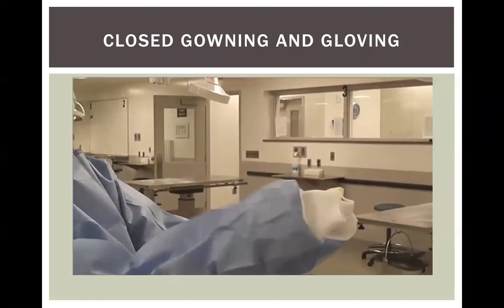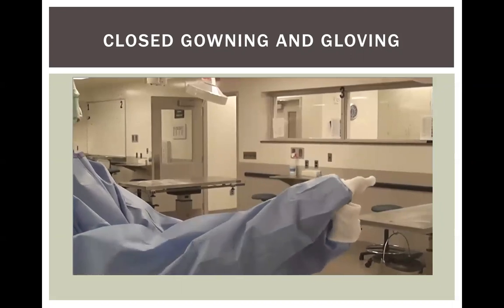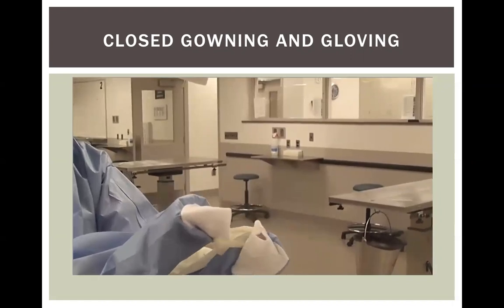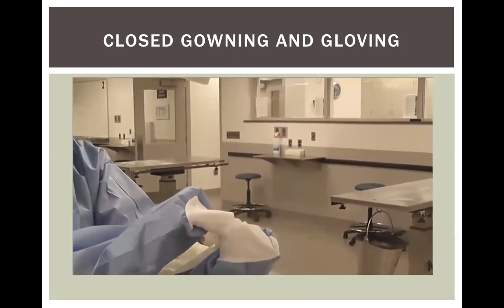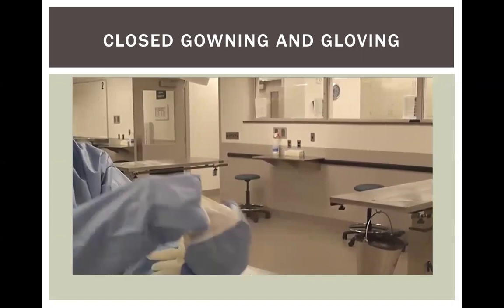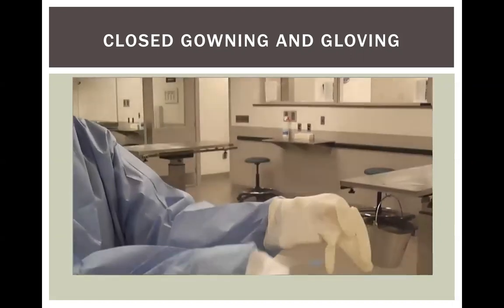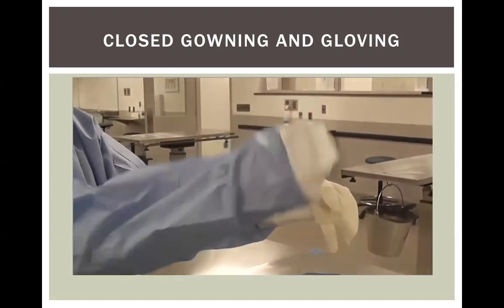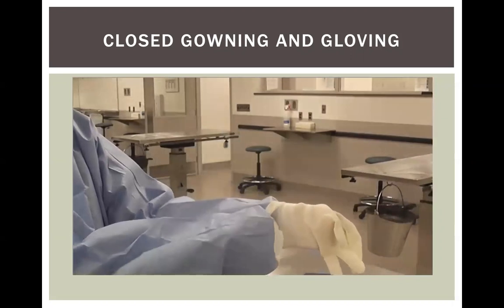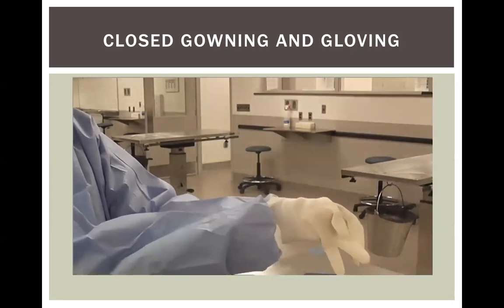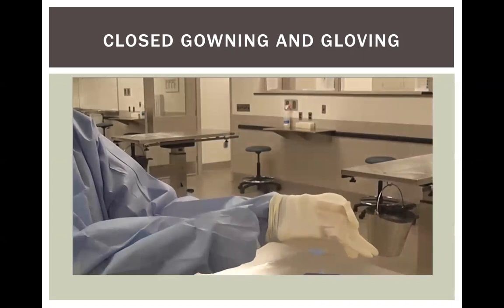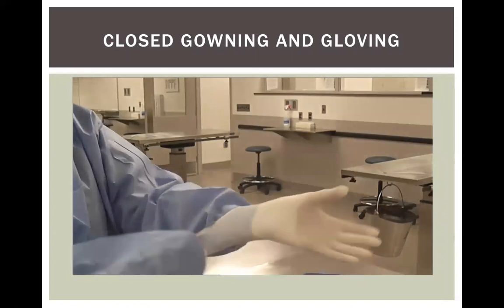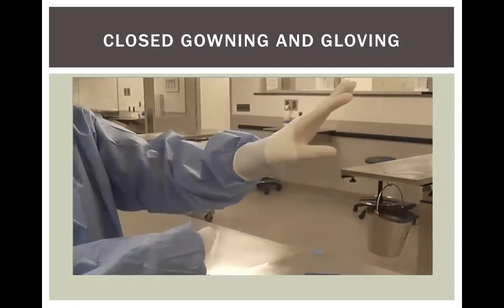I'm then going to use my non-dominant hand inside my glove, inside my sleeve, to open the cuff, and I'm going to start feeding the cuff of my gown into the glove, and I'm going to slide it and flip it right over the top. Once I've done this, the thumbs should be aligned so that I can gently grab the gown and the glove. Okay, don't just try to pull your gown because you'll rip it. Grab them both, and you can slide them forward